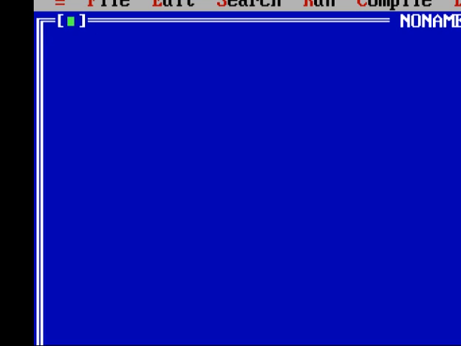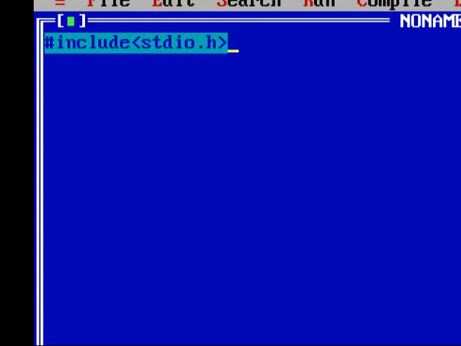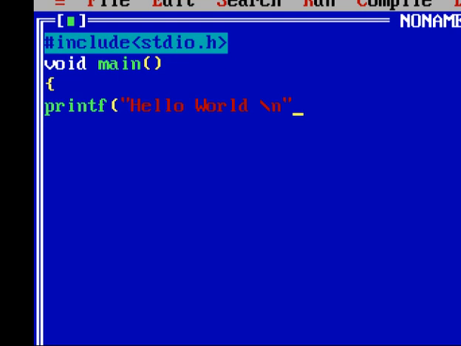Type the first program as #include <stdio.h>, void main, curly braces, printf("hello world\n"); with the double quotes and parenthesis closed, and a semicolon. This is the procedure. Type the program.